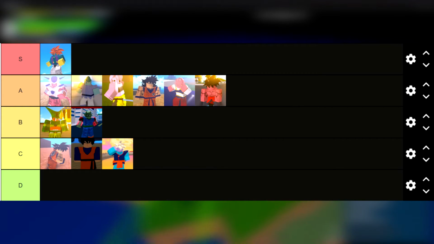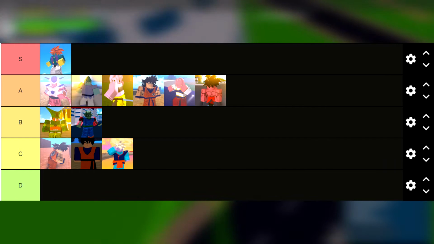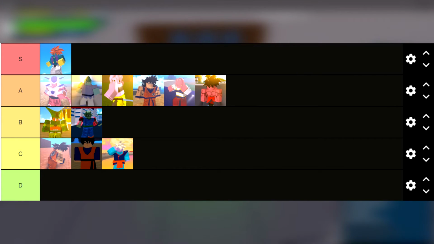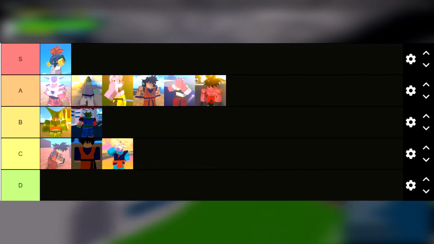Next up we have Bio-Android. Bio-Androids function around natural regeneration. Basically they heal passively, but you have to stay still, which is a bad thing, because if you stay still you cannot avoid moves, but whatever. Secondly, they don't have very good damage, which is why they're still better than Namekians though. So yeah,